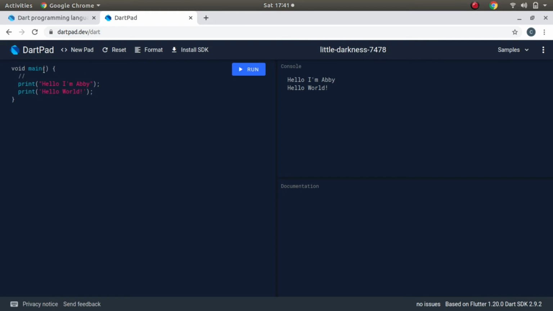So we add comments. To add comments I have a syntax of double forward slash, and after that whatever we write is a comment.